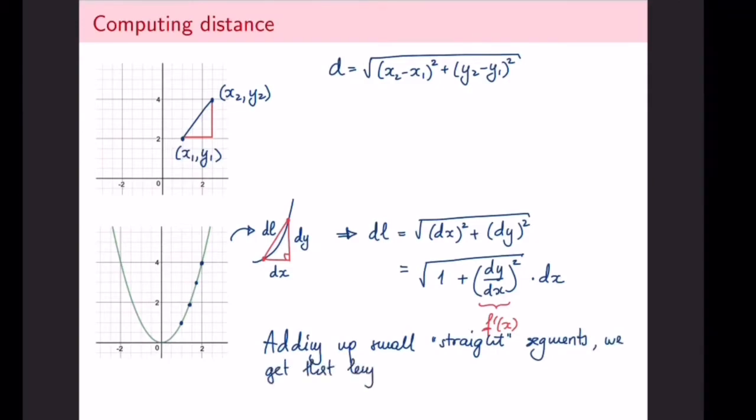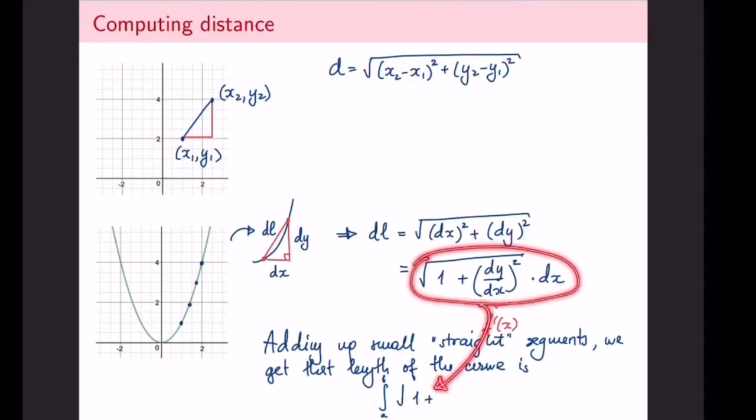Let me just for now call it length of the curve is. So what I have here is, again, I'm going to be adding up over all of these. Adding up is equivalent to computing the integral. So what I'm going to have is the integral between the 2 points that I'm computing the distance of, 1 plus, and then I'm just reading off directly from this. This is what's going to go inside my integral. So 1 plus this expression, which is just the derivative squared